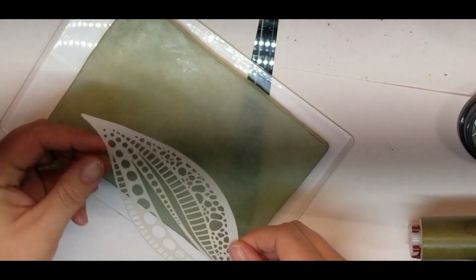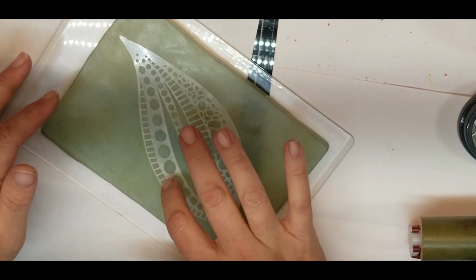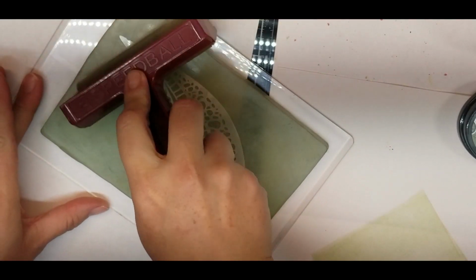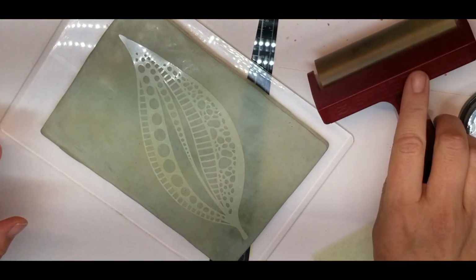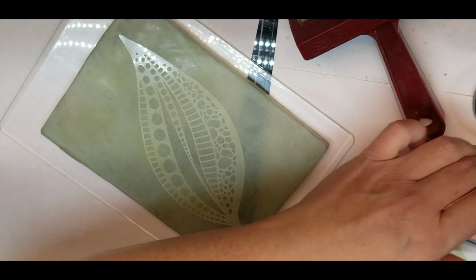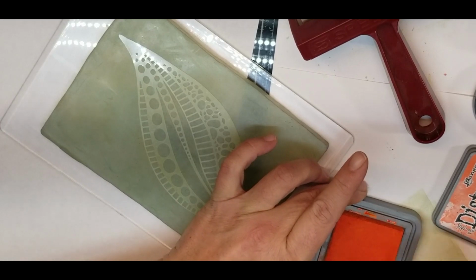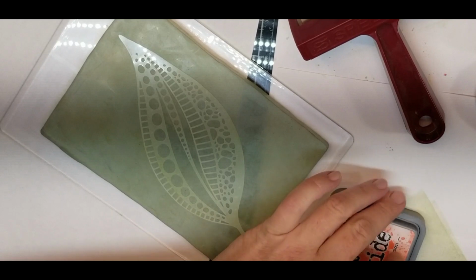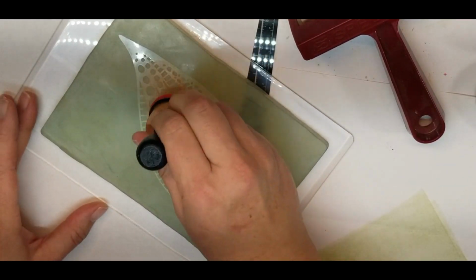And we're going to do our leaf stencil first. And we're just going to push that down. I'm going to clean off the brayer on just some scrap paper and just kind of go over that stencil, pull a little bit of that color out. I'm going to do orange in the center. So I have my tool here. I'll load that up. Okay, and I need to pounce it